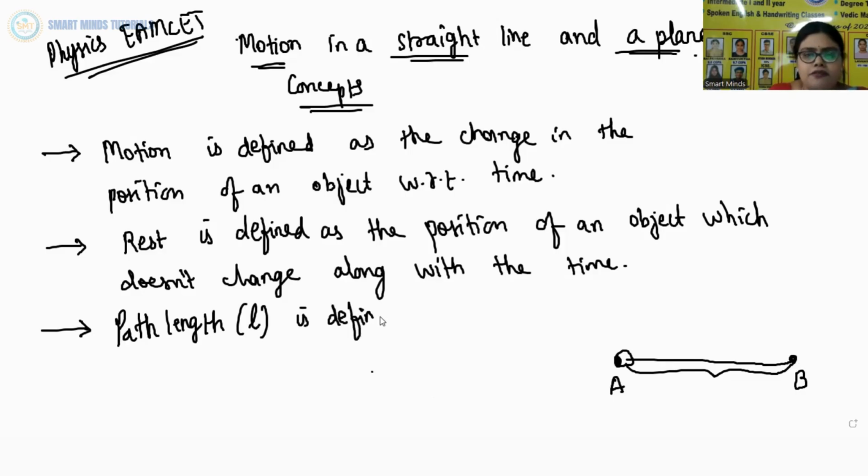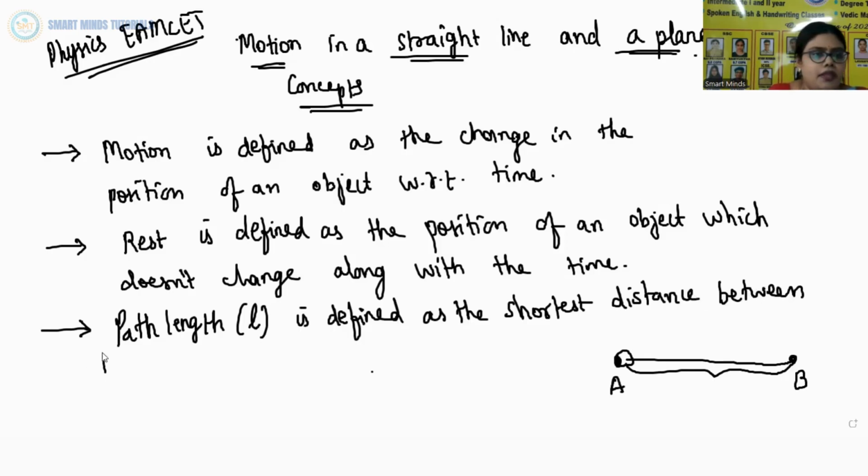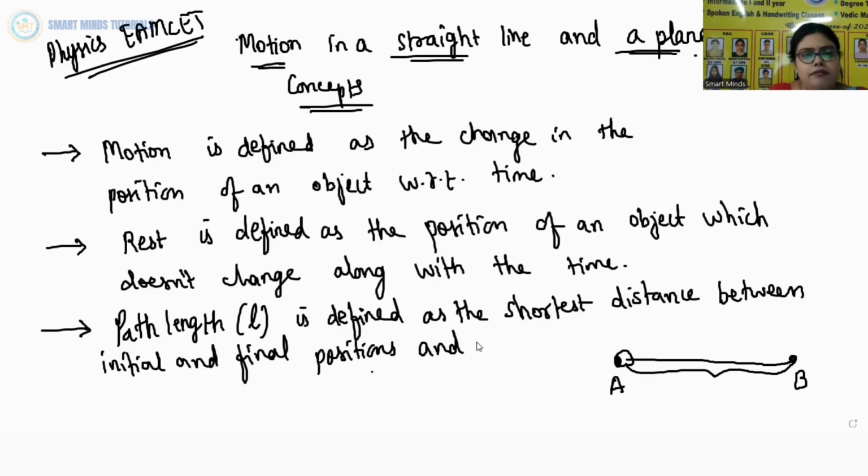Path length is defined as the shortest distance between initial and final positions, and is given by delta x is equal to